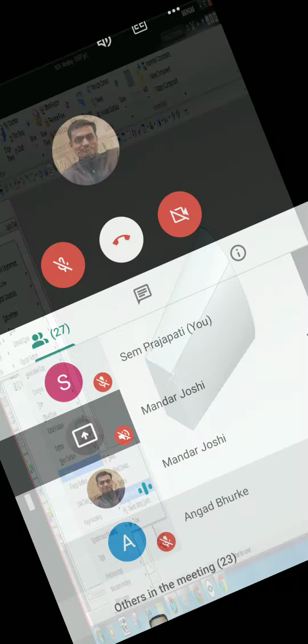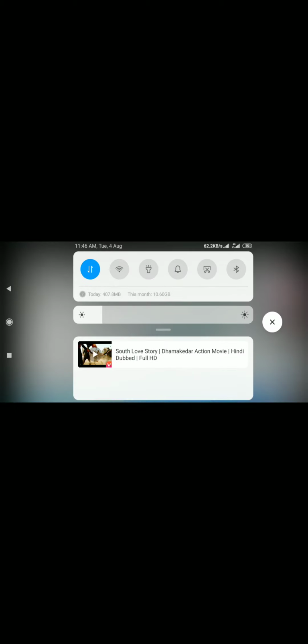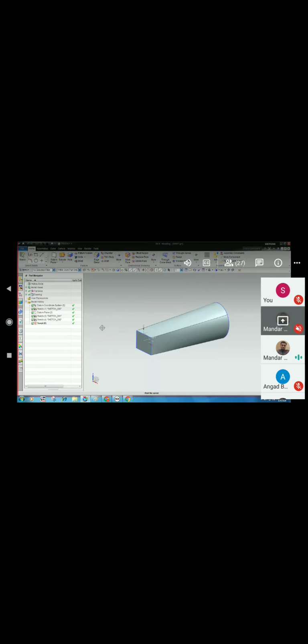So let us stop now. Your job today, you try to operate these first features or commands, whatever is present in the swept and variational sweep, sweep along guide and tube. I think this one you have already done. Tube, variational sweep and swept. 3 commands you try to practice today. And whatever the pending work you had yesterday, you just complete it. Clear?